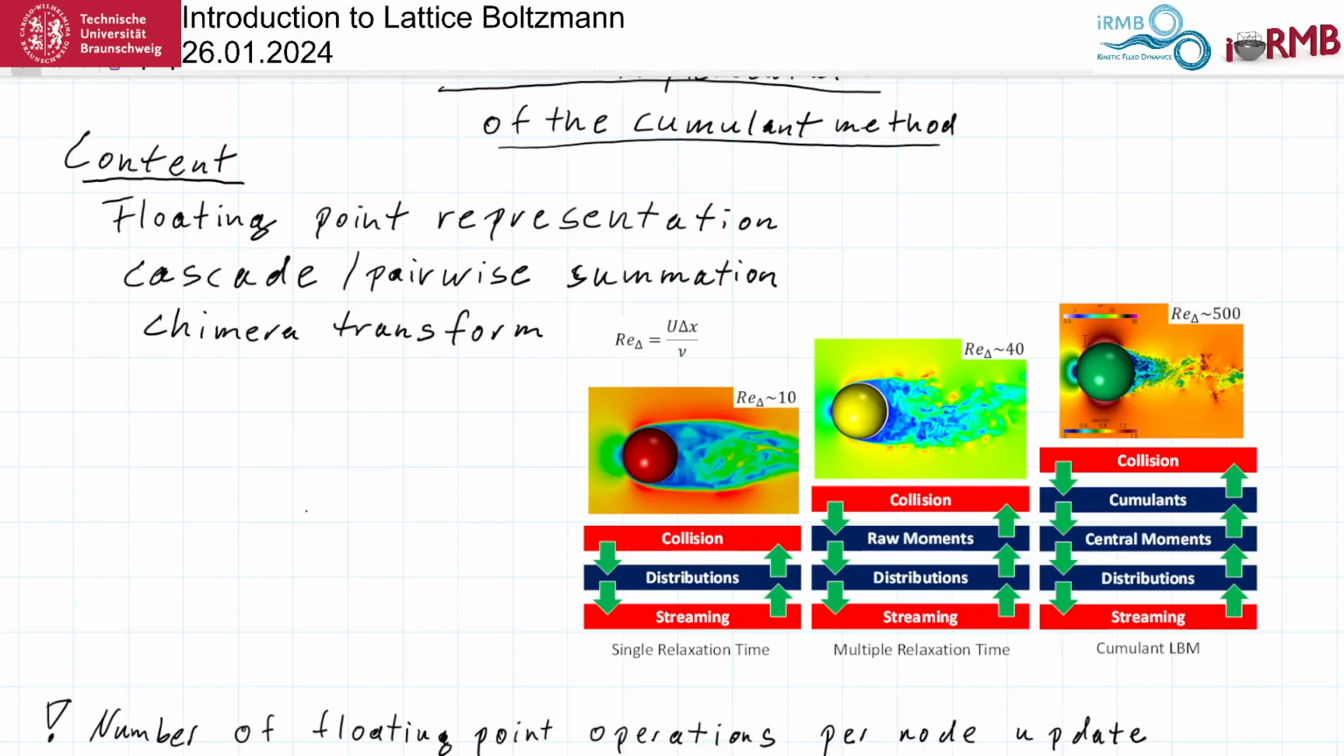Yeah. But of course there is a price to pay, which we are willing to pay, namely that the single relaxation time method is pretty cheap to compute. The multiple relaxation time method is more expensive because it has more operations. Here it goes: streaming, distributions through moments, collision, and back. And the cumulant method is yet more expensive. And now we are talking about what is going on in these transformations here, and how to make them efficient,